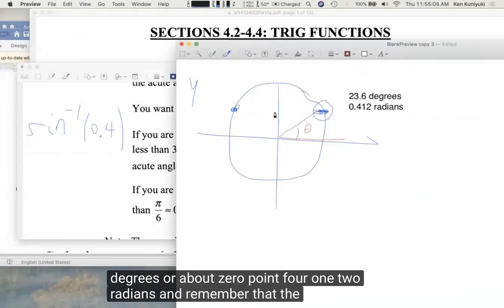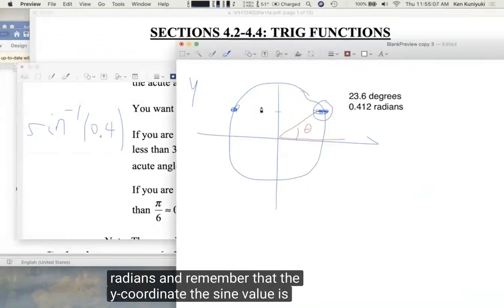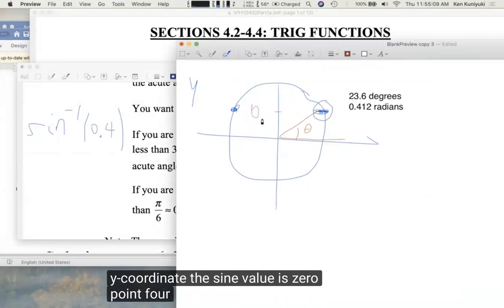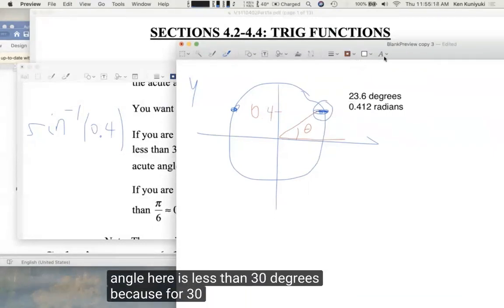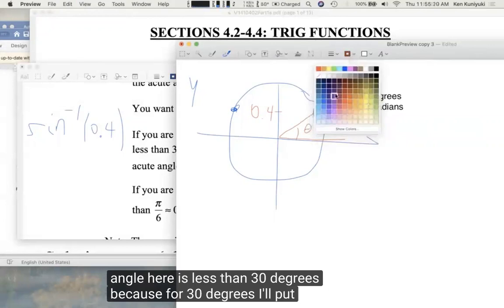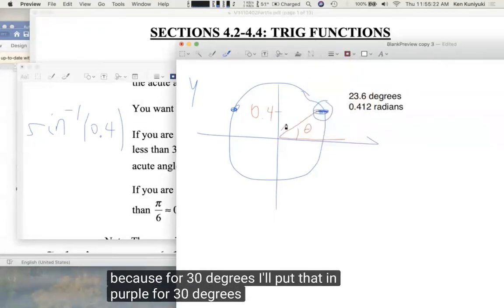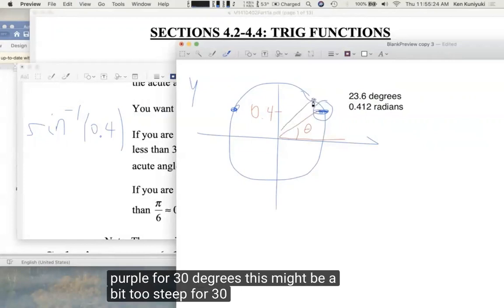And remember that the y-coordinate, the sine value, is 0.4. Well, it makes sense that the angle here is less than 30 degrees because for 30 degrees, I'll put that in purple, for 30 degrees, this might be a bit too steep for 30 degrees in reality, but for 30 degrees,